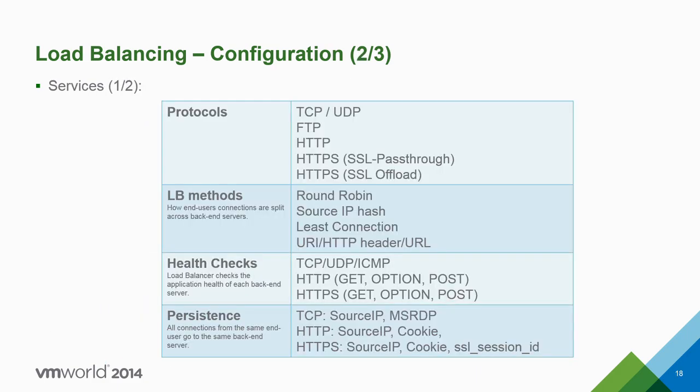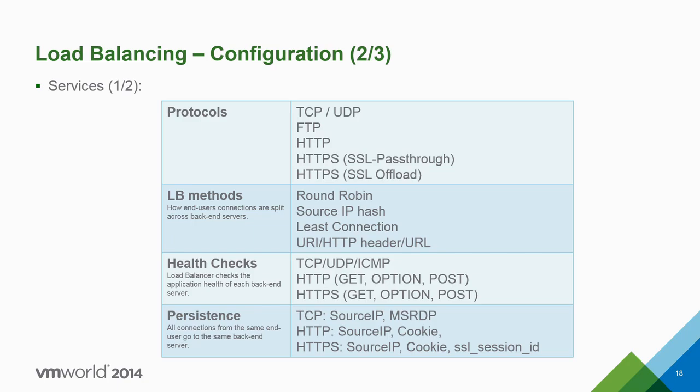Inside NSX, natively, we load balance layer 4, TCP, UDP, and layer 7, HTTP, HTTPS. We have an ALG for FTP. On HTTPS, we can do some cool stuff, like I come on HTTPS to the load balancer and I talk HTTP to the servers. Nothing fancy. Load balancers have been doing that for ages, but we do that also natively.